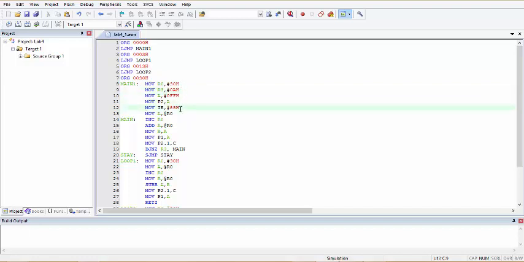In the context of today's video, this is one of the most important instructions for us, since this is the enabling of the interrupt. This is the interrupt enable register, and we move the value 85h into the interrupt enable register, so that interrupt 0 and interrupt 1 are enabled successfully. The point to note here is that setting only the interrupt 0 and interrupt 1 bits is not enough. The enable-all bit also has to be set to 1, so that the interrupt functioning can start, so that the processor knows that the interrupt has been enabled.